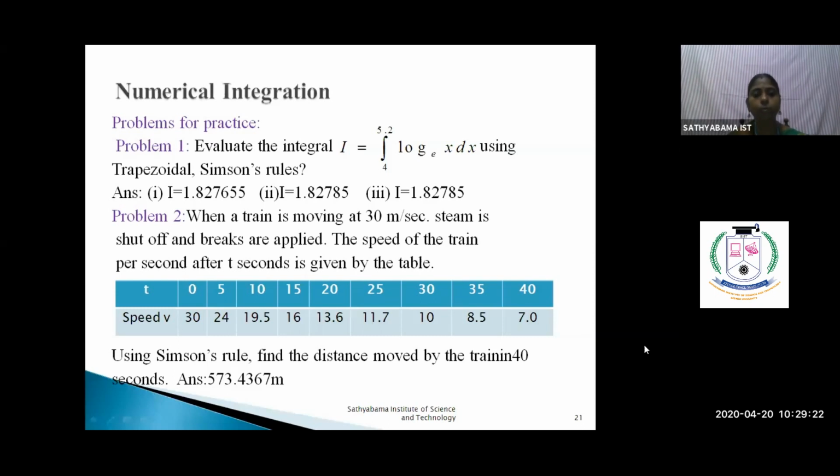So these two problems are given to you as practice problems. So I think all of you are trying. And yesterday I have given two problems in differentiation. So please all of you try and do it, and you can ask the questions also. Okay, so we have finished unit 4.